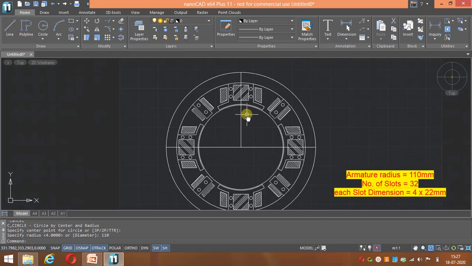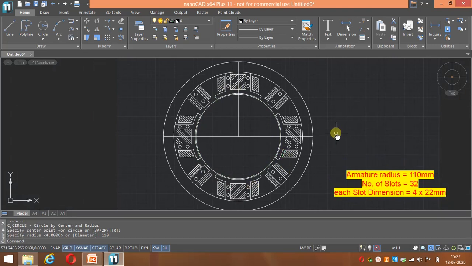So a full circle, in this circle I need to accommodate 32 slots. It means 360 divided by 32, it will give us 11.25. It means each slot along with the tooth should cover 11.25 degree. Clear? So I will be repeating it. So this is a circle. So in this circle I need to draw 32 slots. It means each slot along with the teeth should cover 11.25 degree. Then only the 32 slots will be equally distributed throughout the circle.